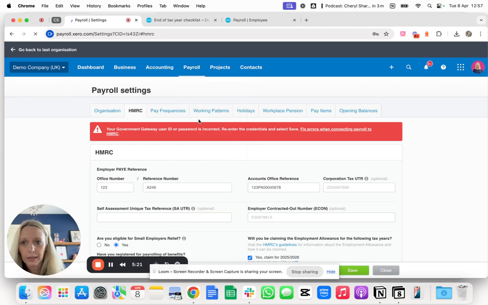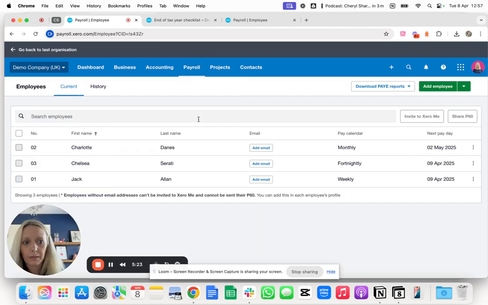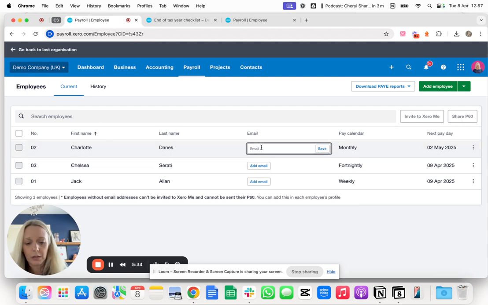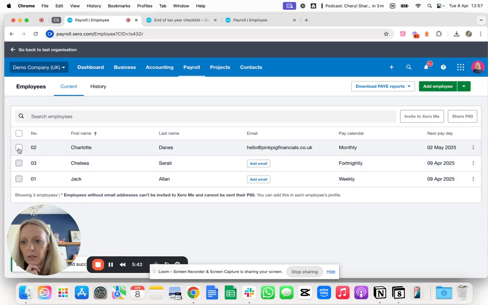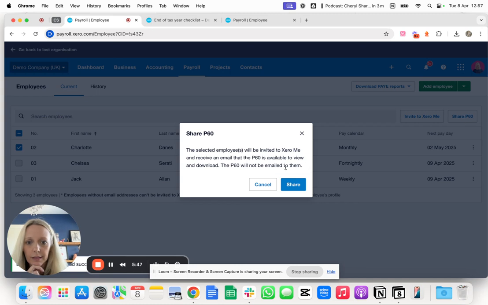Payroll employees. And then you just want to tick for everybody. So as long as they've all got their emails in there, you can tick them and click on share P60s. I'm just going to do a dummy one in here so that I can show you how it works. And save. So you would tick share P60,